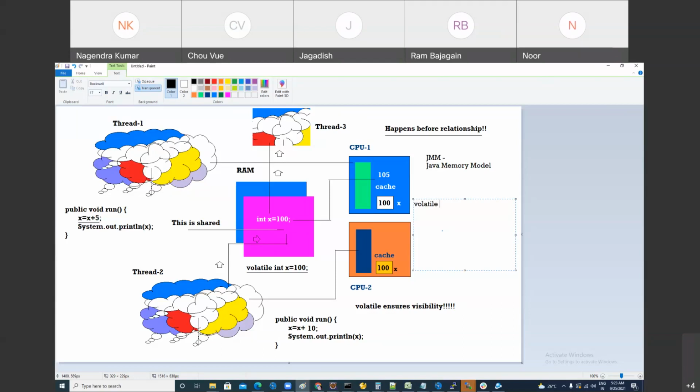Volatile shared variable will never be cached inside the CPU. What is it? A volatile shared variable will never be cached inside the CPU. It means